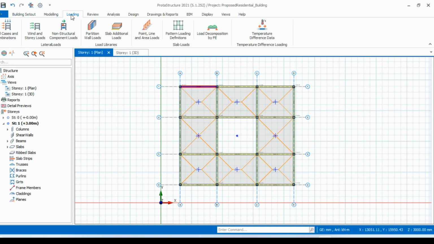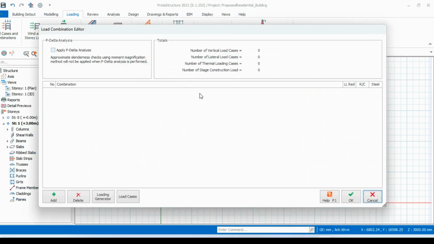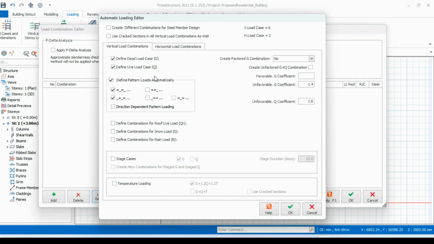We'll go to loading. Okay. And then load case. We'll click on load cases and combinations. Right. So then we'll come here, loading generator at the bottom. So we'll click on that button and then we'll specify our vertical load combinations as well as the horizontal load